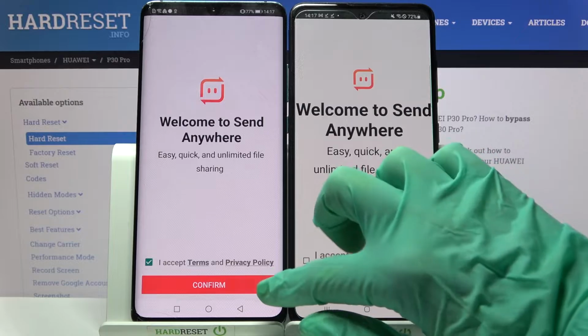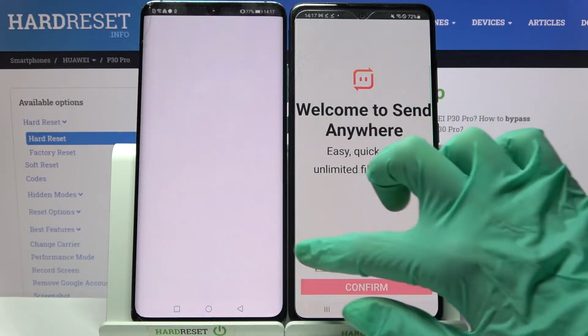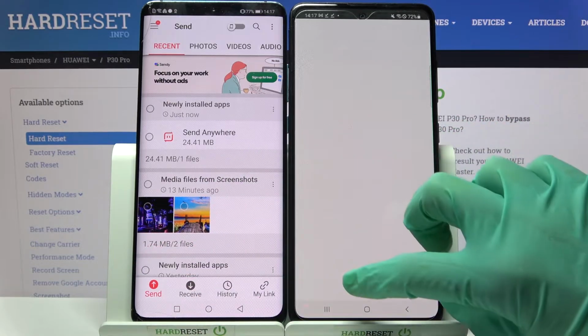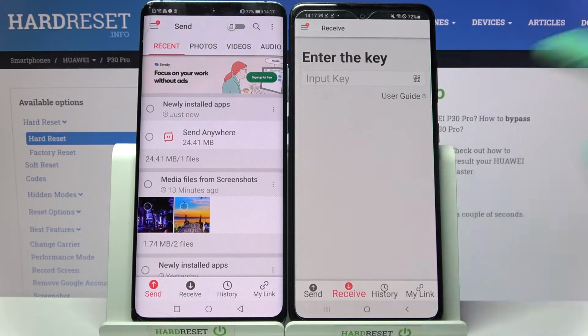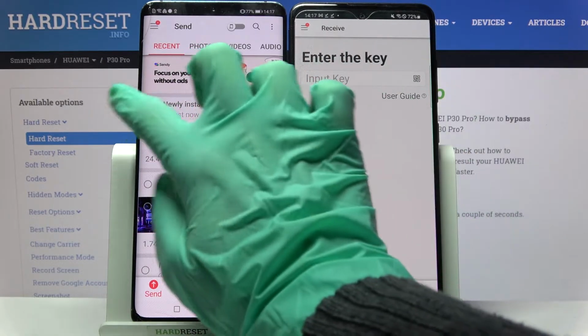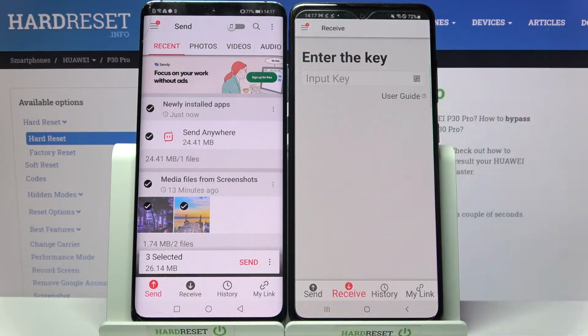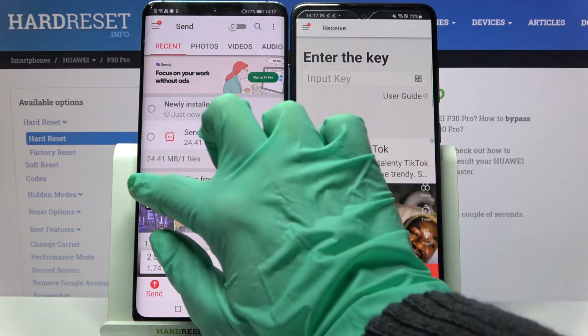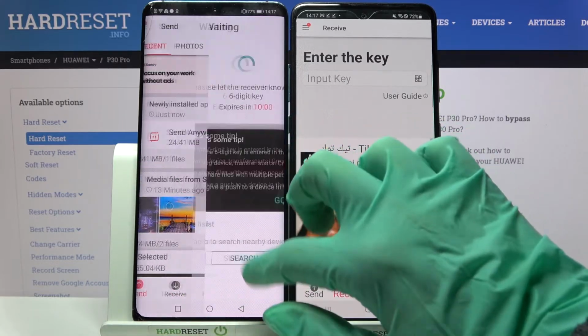Then select I accept, confirm, continue and allow. After that, click on Receive on Huawei and Receive over here on an Android. Then you need to tap on all of those dots and choose Send in order to send all of your data. It will take some time though, so I will only click on this one photo, choose Send and tap